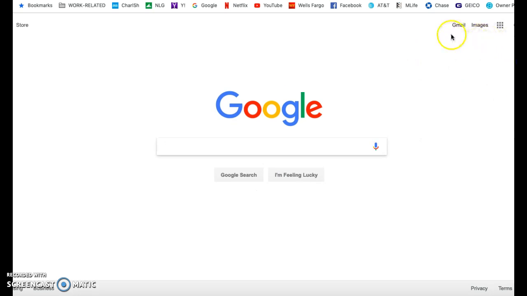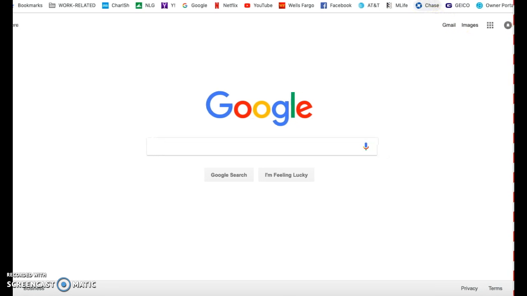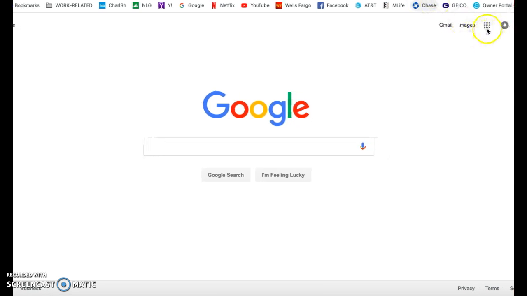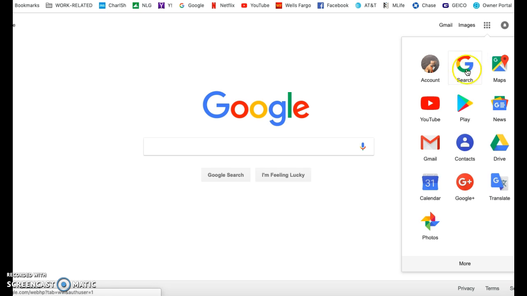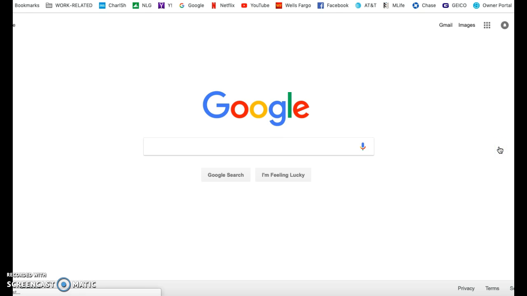So what you're going to do is log into your Gmail account. You're going to go right here to the app launcher, so let's say Google Apps. Go here, and we're going to go to this one right here, which is called Google Drive. It looks almost like a triangle with green, yellow, and blue. You click there,